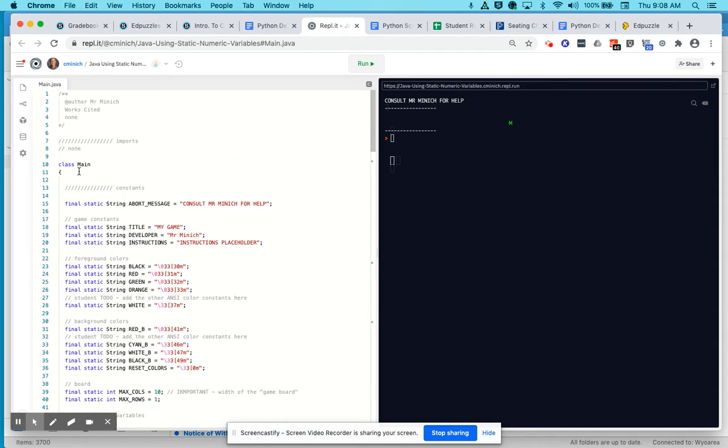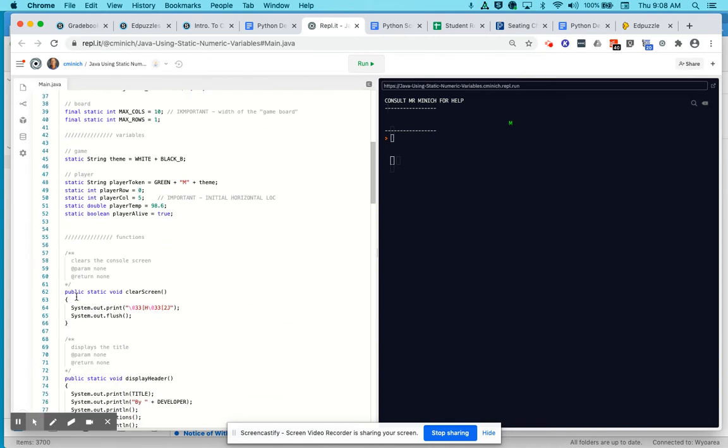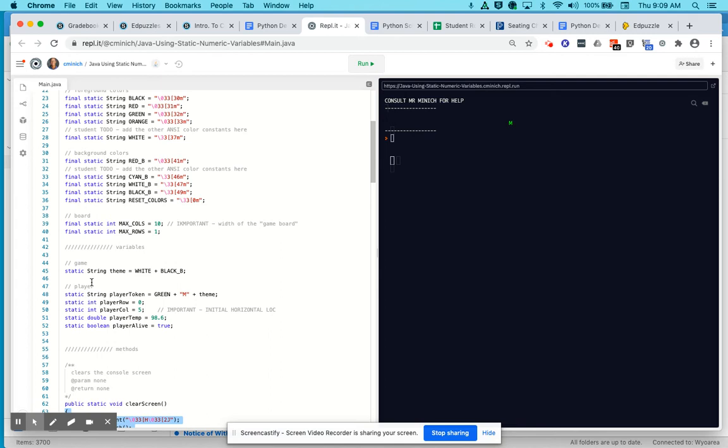So at the top of the class, in the area where there are declaration statements, above the area where you'll see methods, such as clear screen, display header. Those are methods with sets of curly braces. Up in the variable declaration area,